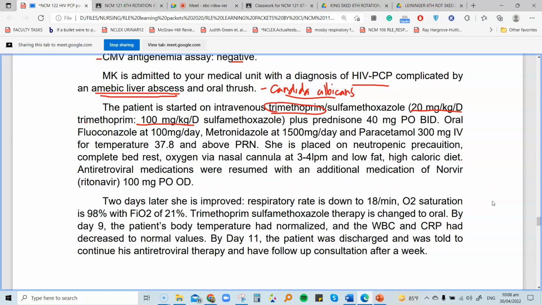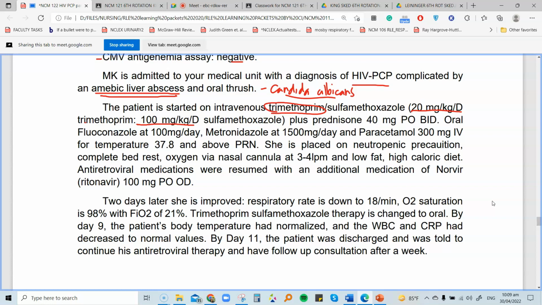But in the clinical area, kasi merong gamot na nakapack na lahat. If in any case we do not have your combination drug available in the pharmacy, what the nurses or the doctors do is to combine your trimethoprim, 20 milligram per kilogram per day, and your sulfamethoxazole, 100 milligram per kilogram per day. But in most cases, meron tayong nakapack na gamot. Naka-bottle na siya na gamot for this particular medication.